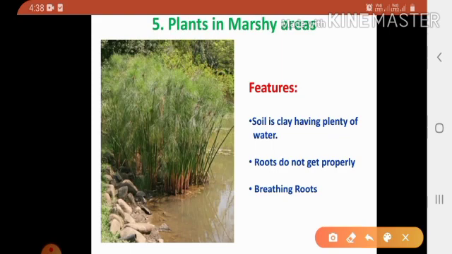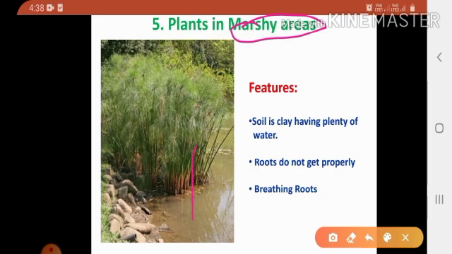Then fifth one, plants in marshy areas. Features are, first one, soil is clay having plenty of water. Second one, roots do not get air properly. Third one, breathing roots. I will explain one by one. Children, marshy means soil that has more water.